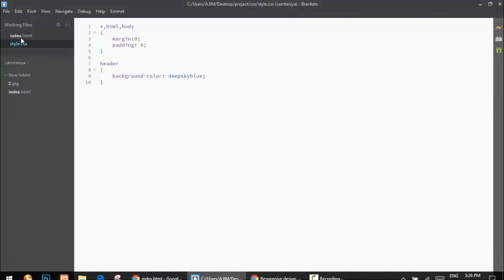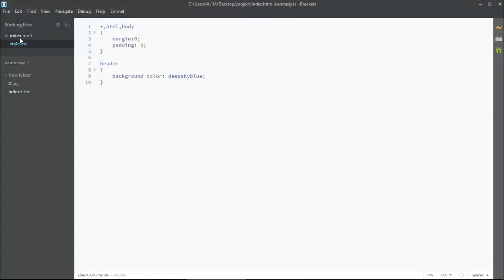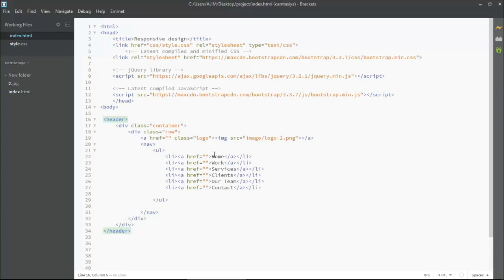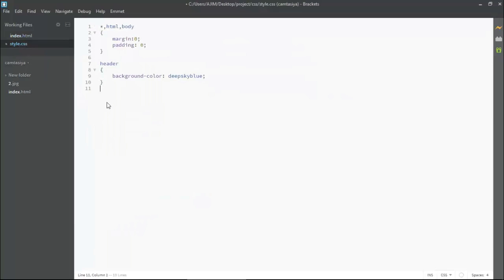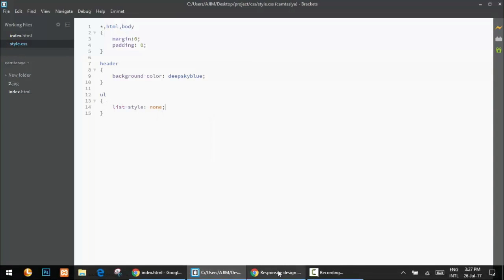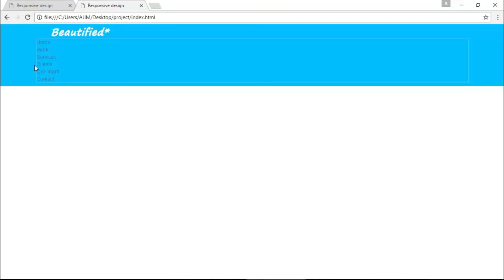So I'm coming here and just coming on the index page now, and you can see all the menus are available inside this UL, and this UL is available in the nav. So the code will be nav ul only, okay, because this is the selector and all the elements are available inside the nav. So I'm coming to the style. Okay, and here I'm mentioning nav ul. Inside this I'm putting a CSS3 property, that is list-style none. So let me save it and then show you how we are getting there. You can see all the bullets have been removed beautifully.